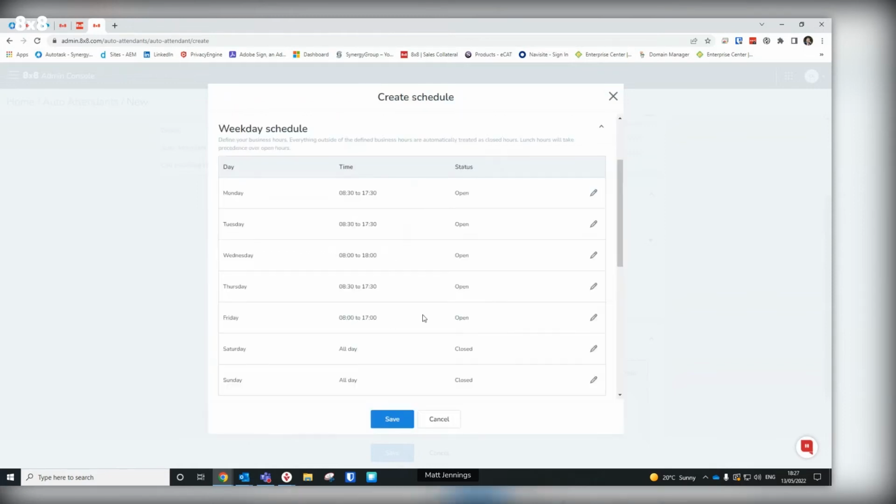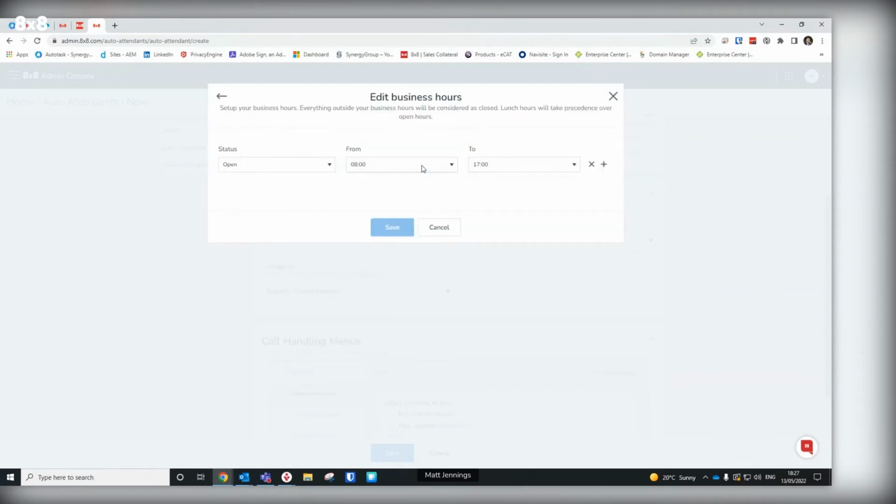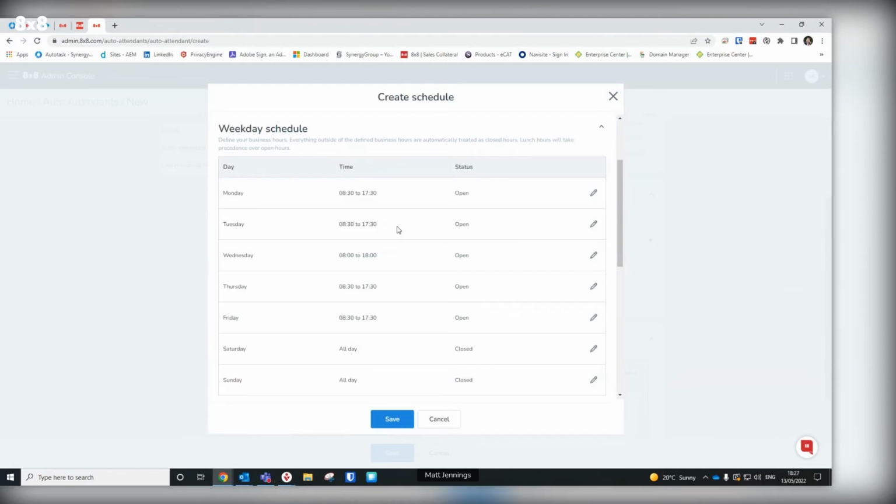As you can see, it is very much a manual process. Unfortunately, you can't specify it for a whole week with just one option. You have to go into each day and specify the call hours. Excellent. So what I've done here is I've basically set up a weekday schedule, which will show that my phone